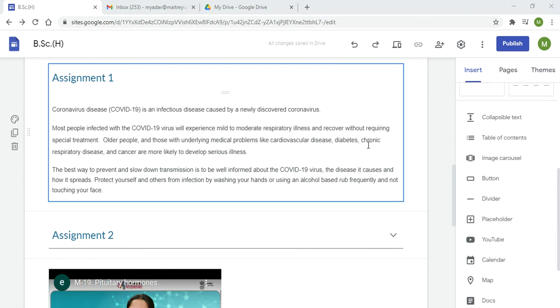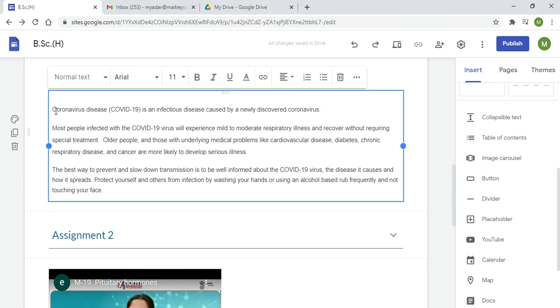When you have added the content, you can also do the editing in a similar manner as you do in your Word file. You can select the text and you can do all this editing as you do in your normal Word file. So all that liberty, color change, italics, bold, underline, everything is there that you can do.